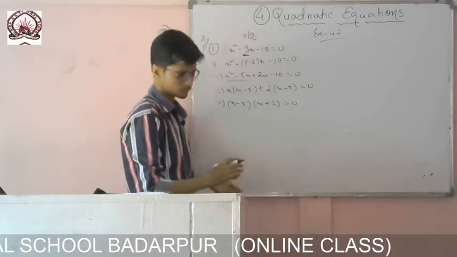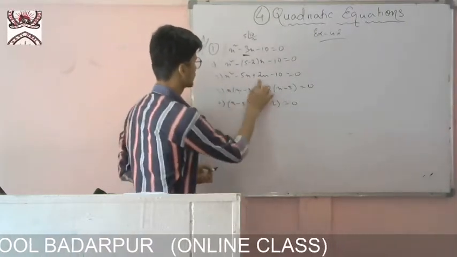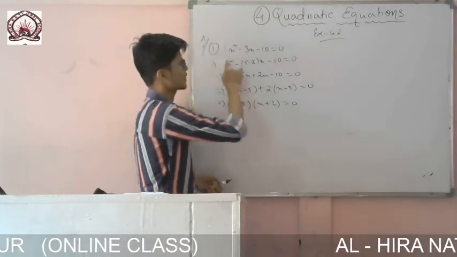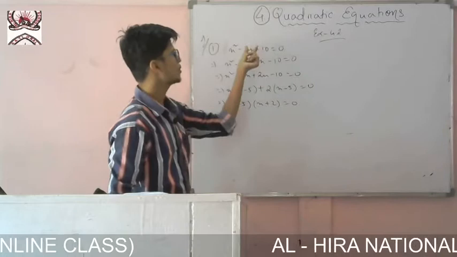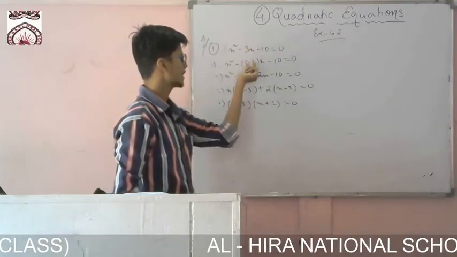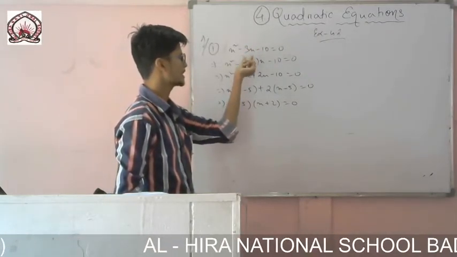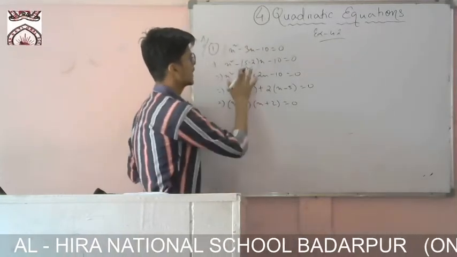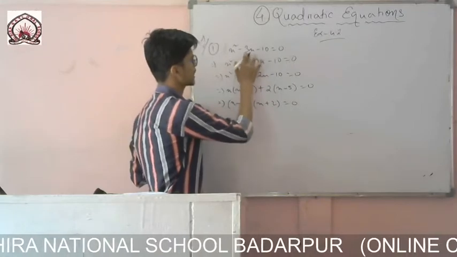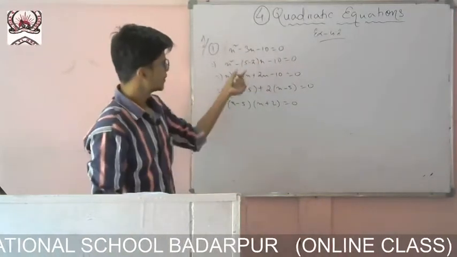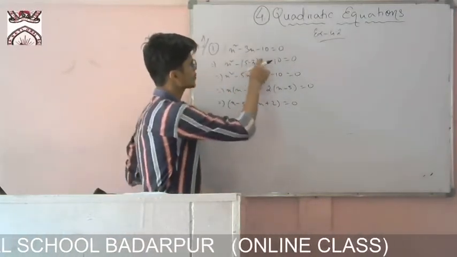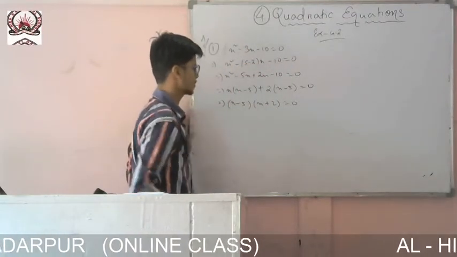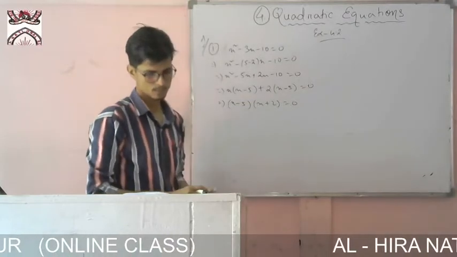So is it clear? What I have done here, first of all, I have multiplied this one with the coefficient of x square, okay. Then whatever the value I have got, I have tried to write it in this form, okay, whether by adding them or if I multiply them, what I am getting, 5 2s are 10, and if I do the addition or subtraction, then I should get this one, okay. So here it is 5 minus 2 I have written, so it is 3, so it is matching, okay. Then I have solved it. So x minus 5 into x plus 2 equals to 0.